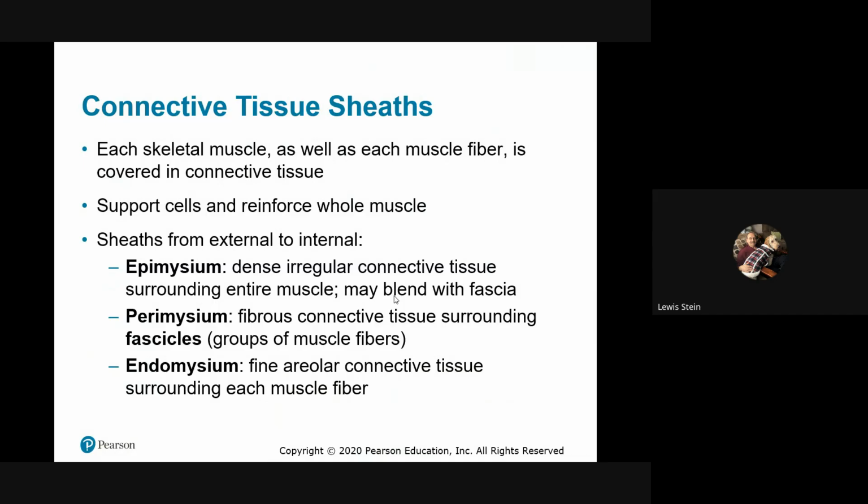If we would remove, let's say post-mortem, a particular muscle to look at it, you would have to separate this dense connective tissue. The fascia is a softer, more pliable tissue, while the dense, irregular connective tissue is pretty sturdy. So, and the analogy to that,